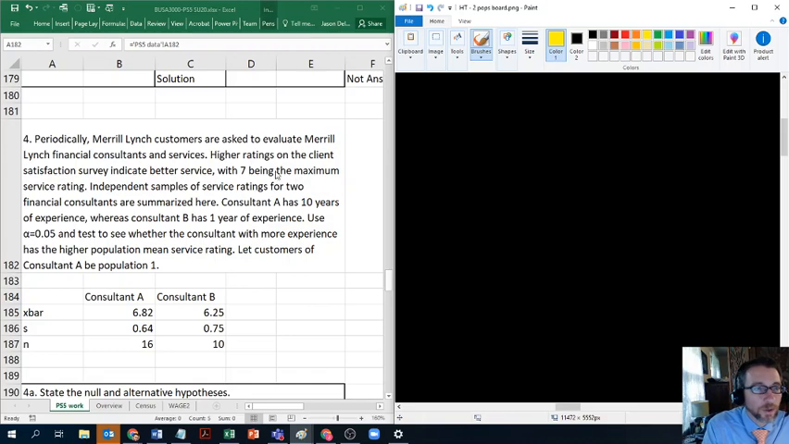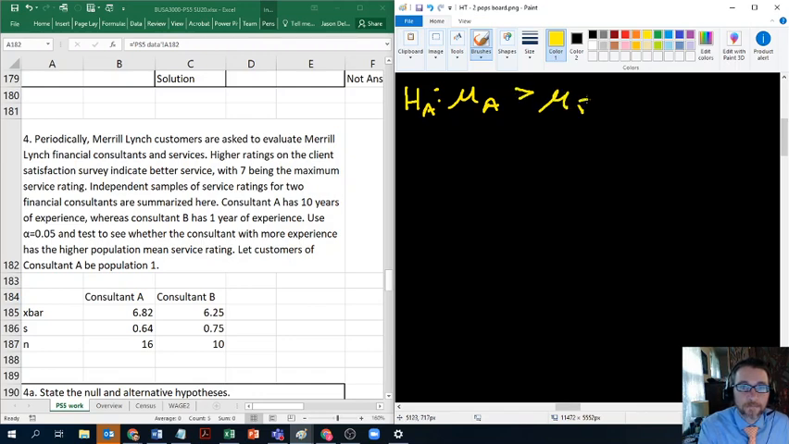The consultant with more experience is Consultant A. And so they want to know, is it the case, can we show that, right? So if it says test to see whether, that means the HA is what's about to be presented. Test to see whether the score on average in the entire population for A is higher than, has higher population mean service rating than Consultant B. And then it said, let customers of Consultant A be population 1. So this turns into HA